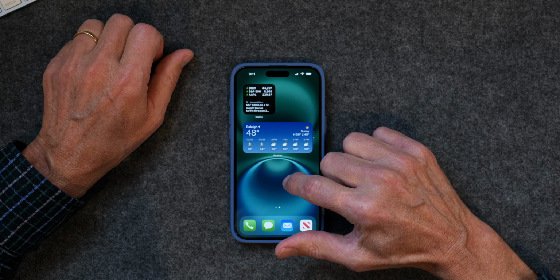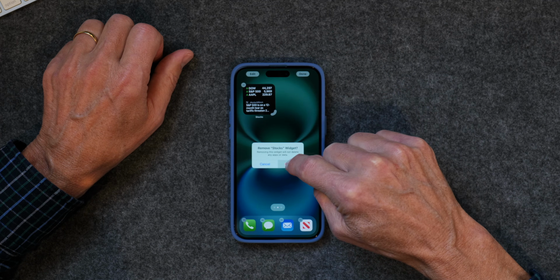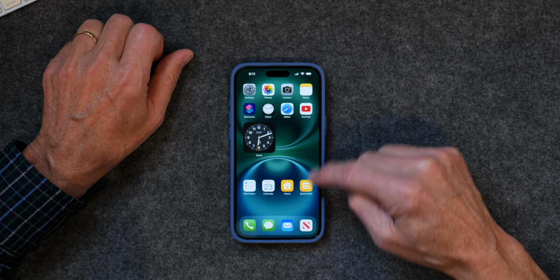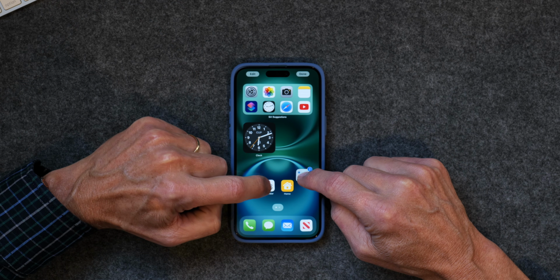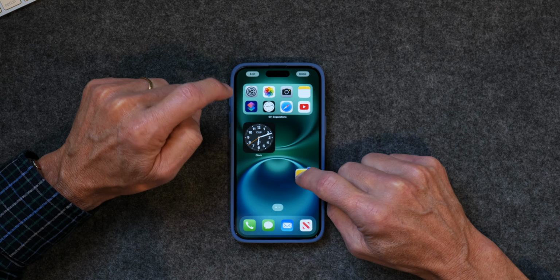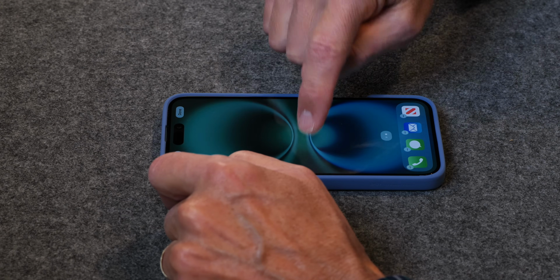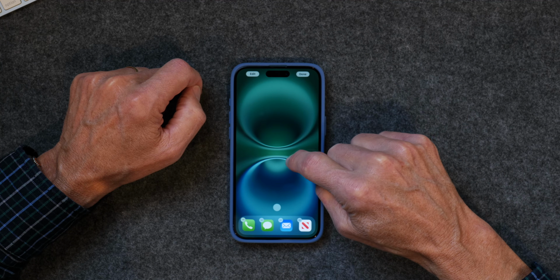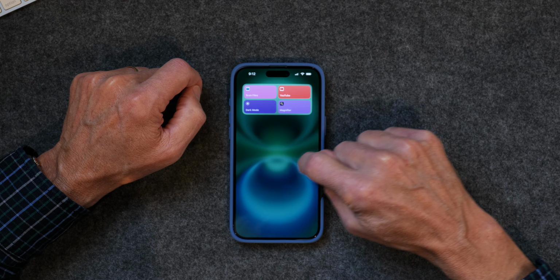Now we're going to go over and tap and hold again, and we'll just remove these widgets like this. And now we'll go over to this screen, and we'll do the same thing. Tap and hold like that. I'm going to slide them over until we get into the app library, and then we're going to delete these widgets. And now we have a perfectly clean home screen, just like that,